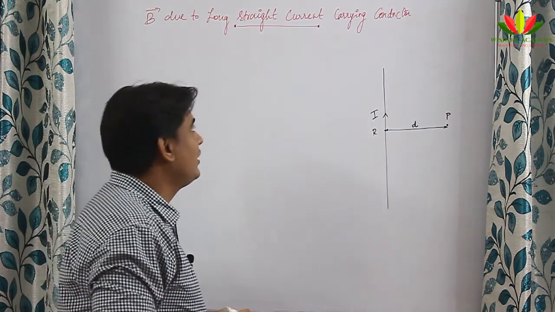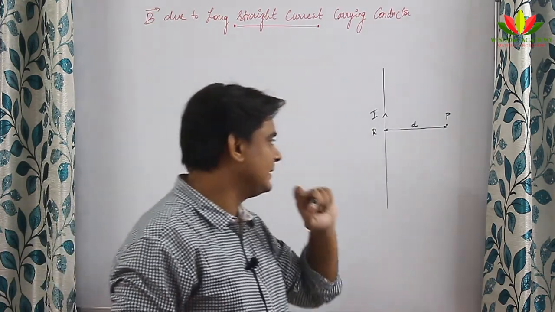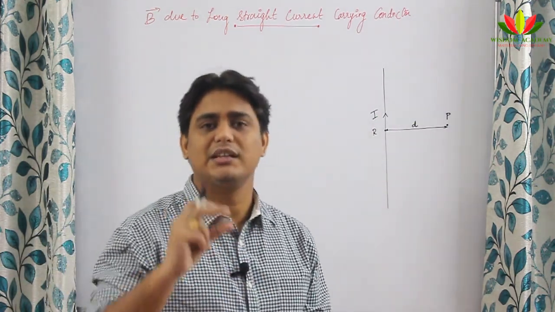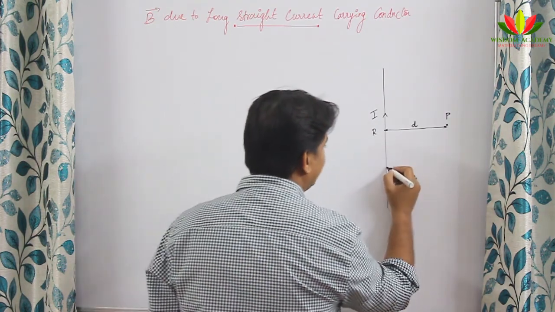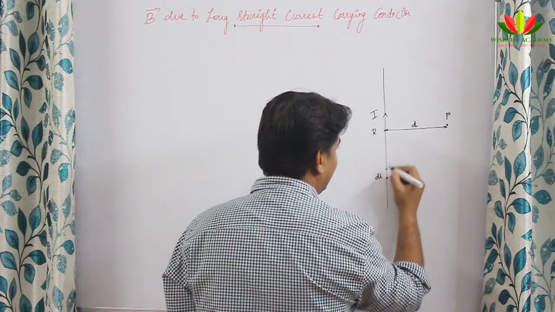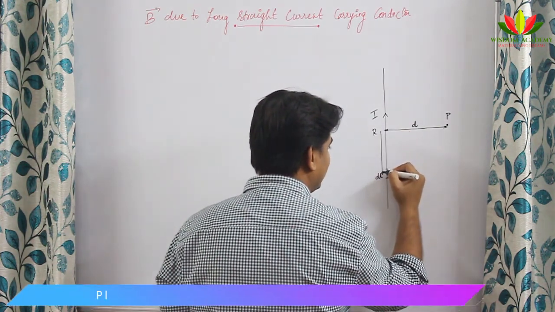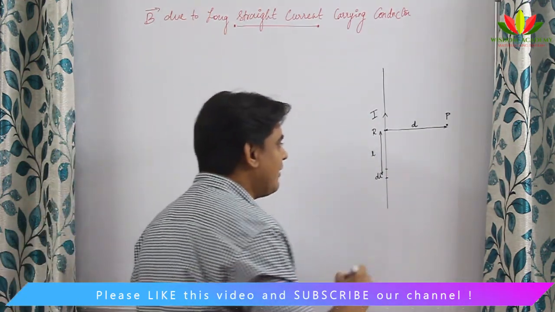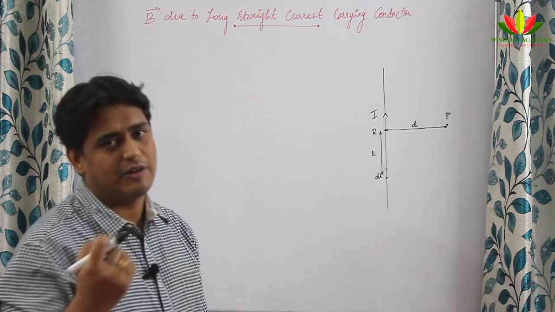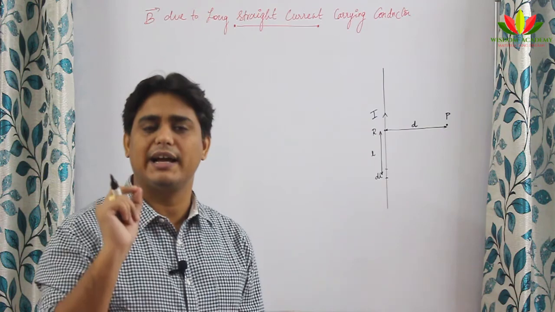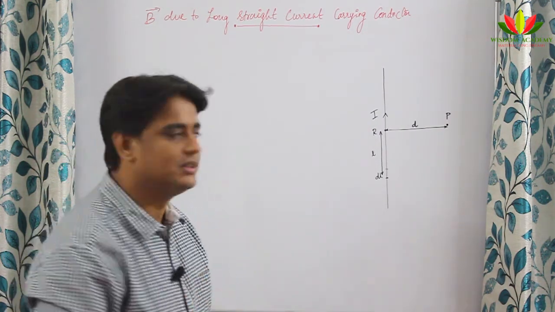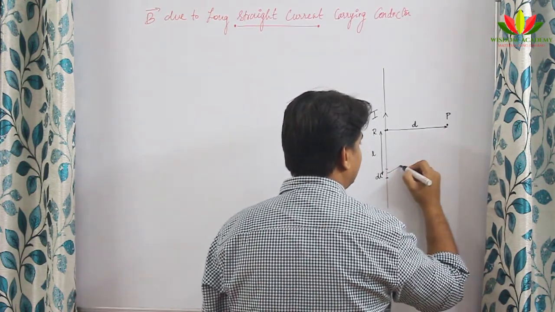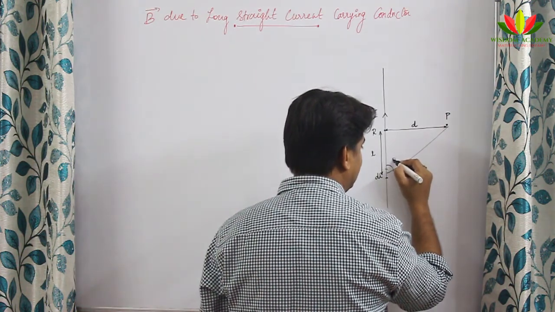Now to determine the magnetic field due to this current carrying conductor, I will first take a small current element. I hope you remember in Biot-Savart law we used to take the current element dl. So let that current element dl be present somewhere here, and let this distance be L away from the point R. We also have to find the position vector, because for using Biot-Savart law we need sin theta, and theta is the angle made between the current element and the position vector to the point where we are finding the magnetic field. So let me join this dl with this point and let the angle between them be theta.